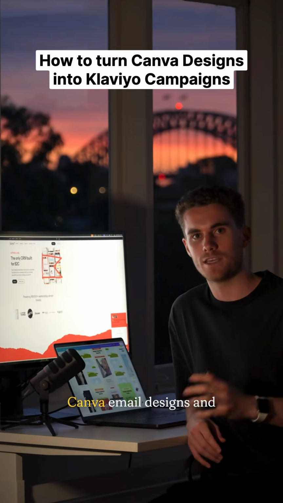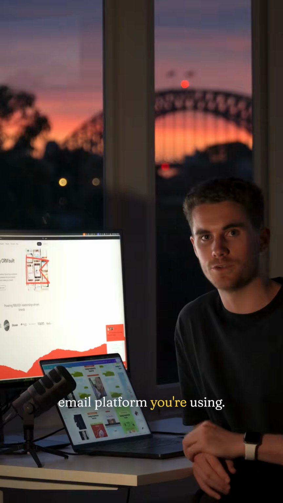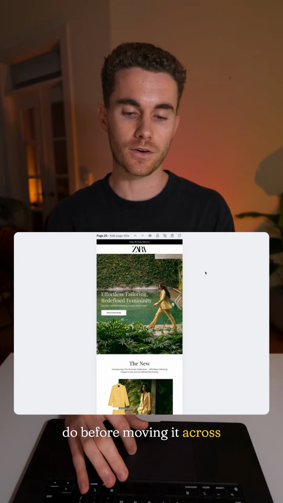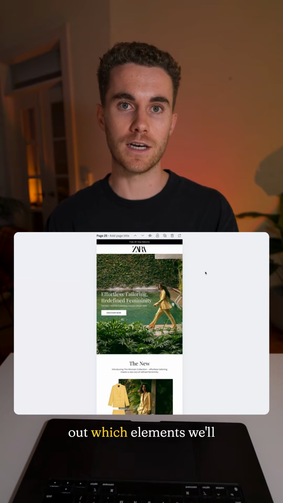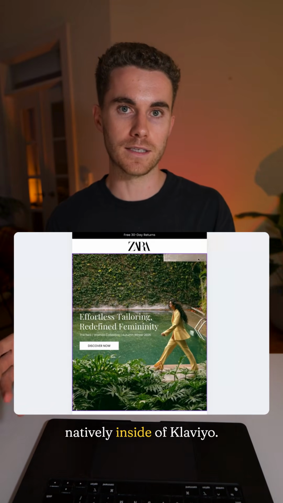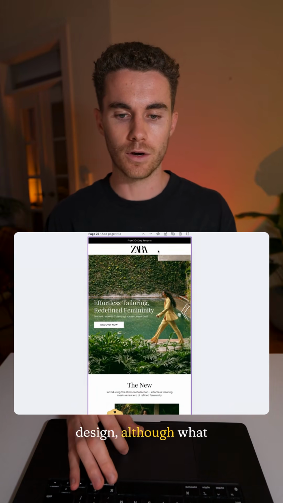Here's how to take your Canva email designs and turn them into campaigns inside of Klaviyo or whichever email platform you're using. Once you've prepared your design inside of Canva, what we want to do before moving it across to Klaviyo is just point out which elements will actually just export as assets and which ones will build natively inside of Klaviyo. So in this case, this is quite an image heavy design, although what we can see here is